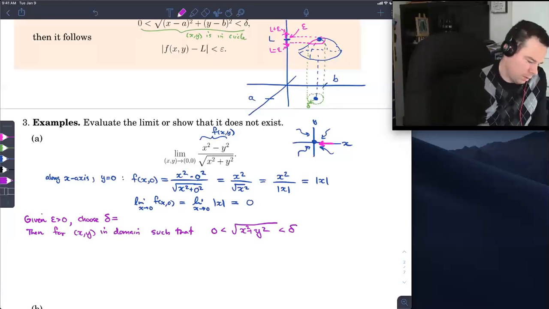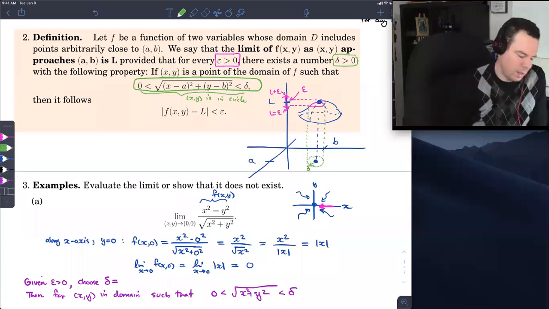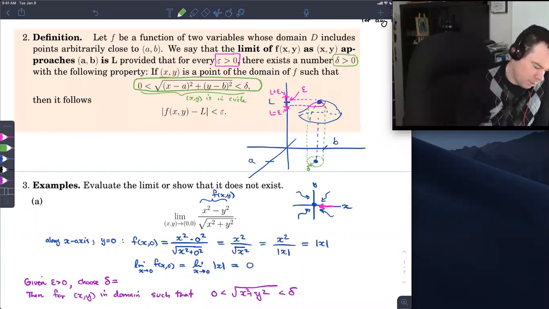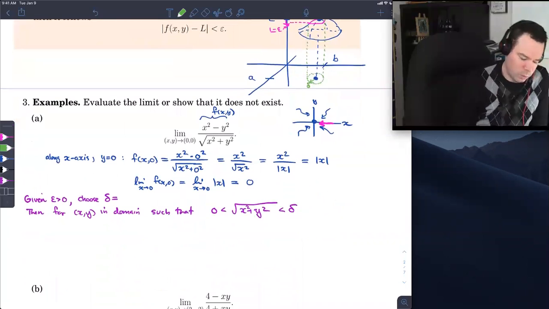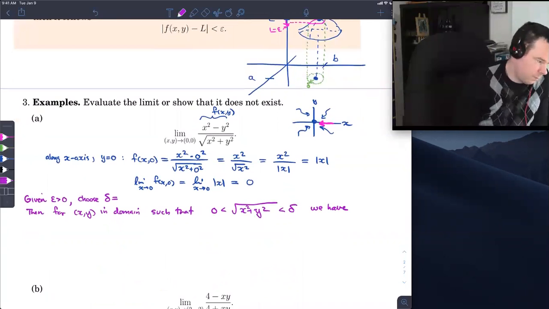So that statement about being in the circle of radius delta about AB, A and B are both 0 because we're approaching the origin. So that reduces down to this square root of x squared plus y squared. So given that that is less than delta,